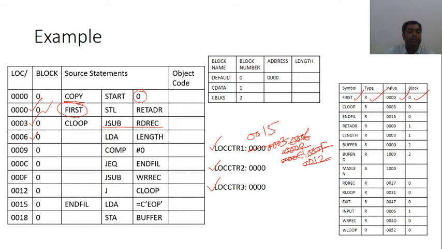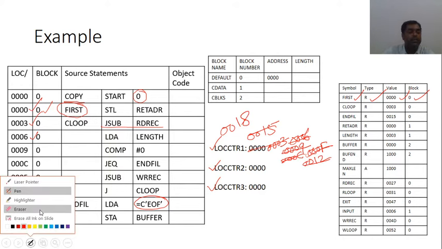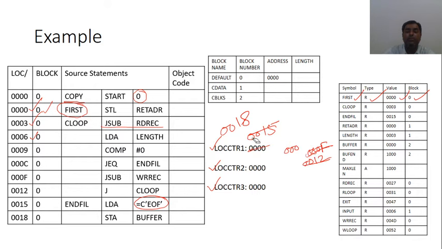This is also written in format 3. Basically, this is a literal here. So, the next location counter value will be 0018. So, you can see the current value of location counter 1 until this part of the program is 0018.